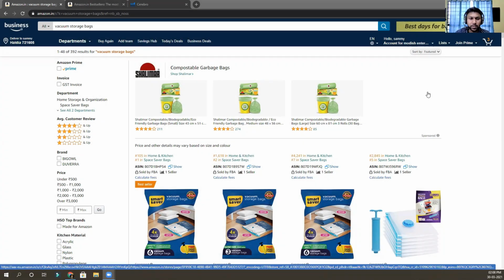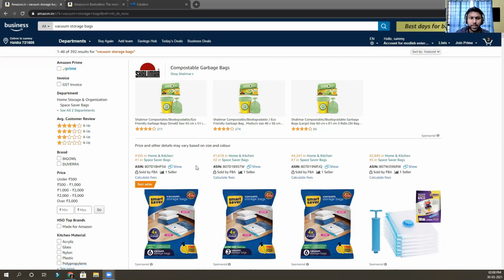In the second part, I am going to show you how you will launch profitably and target the lowest competitive product and rank your keywords in place of those products, okay, in the first page. So this is the first part on keyword research and product launch, and the second part will be coming soon. Now, this is an advanced method that I use.